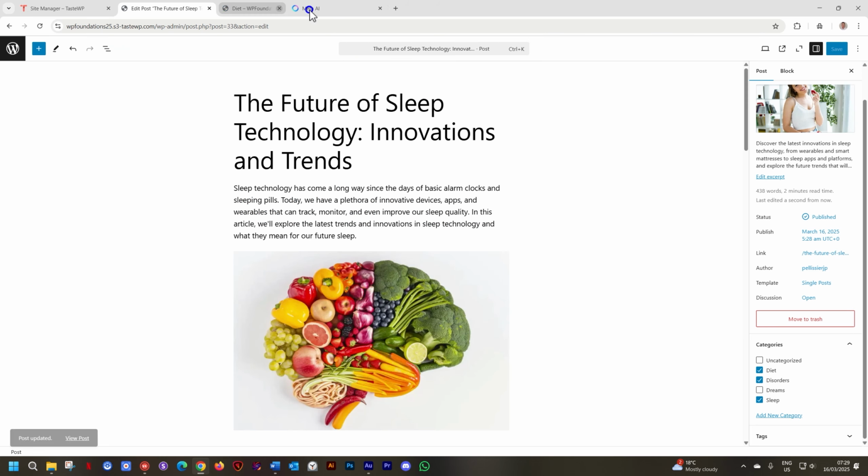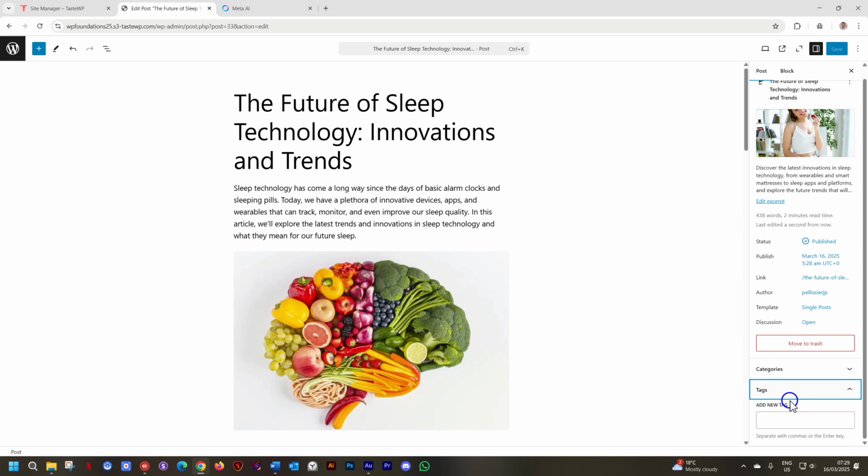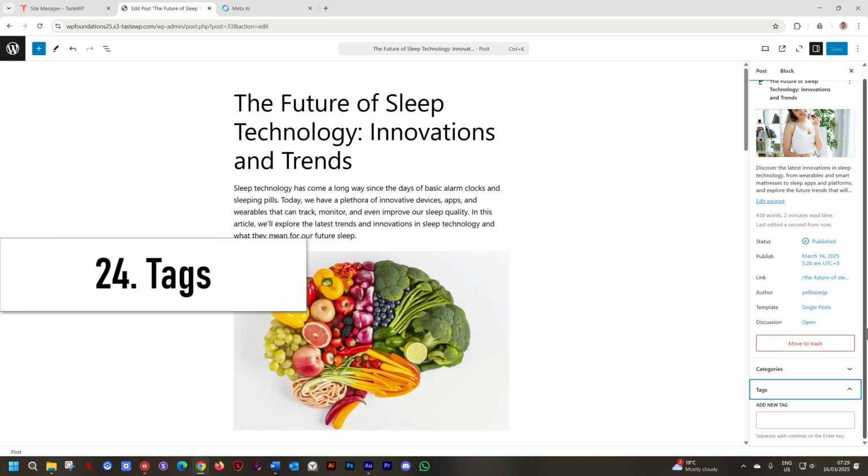Close the front end and go to the sidebar on the right where the settings are and close categories and open tags. Tags are words that highlight what your article is all about. They are similar to categories, but they are broader. Whereas with categories, you only want to use the main categories for the article, and you shouldn't go crazy. You shouldn't have for each article like 10 categories, 1 or 2 categories to help sort the article. But tags are all those keywords in the article that you can use for visitors to search.